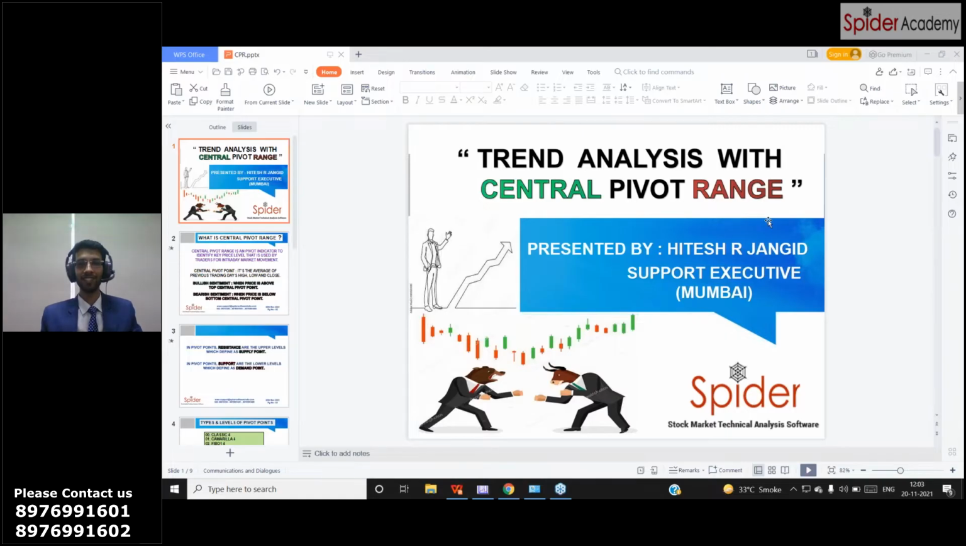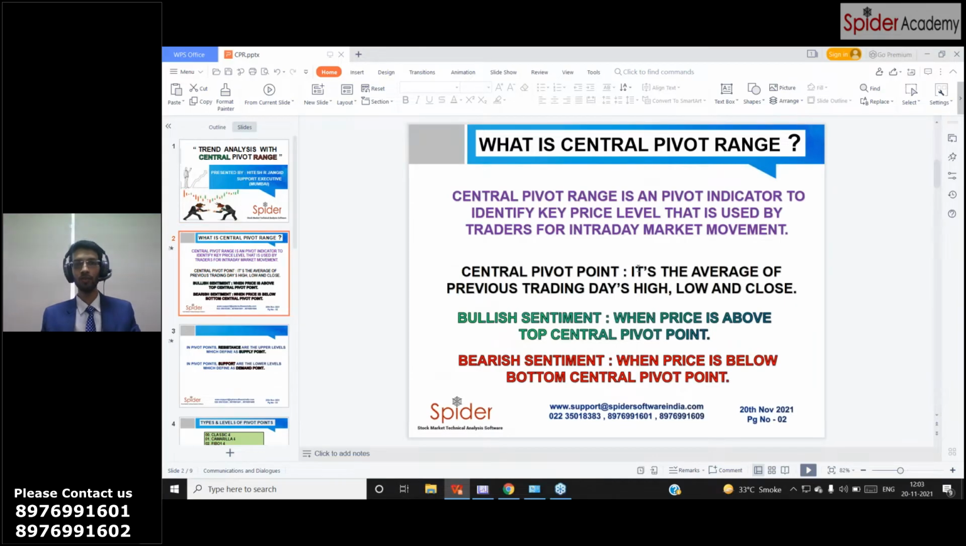So now we will start from our topic. First, what is CPR? As we know, CPR is a central pivot range. It's a kind of pivot indicator which we use for our supply and demand zone. So, central pivot is a pivot indicator to identify key price levels that are used by traders for intraday market movement. So, बोलने का खाली यही मतलब है कि CPR एक pivot indicator है जहां पर आपको रेजिस्टेंस और सपोर्ट